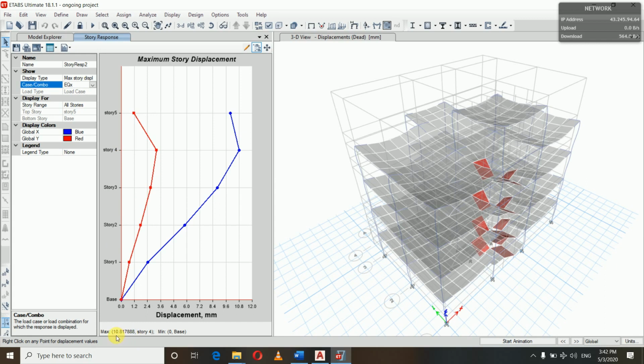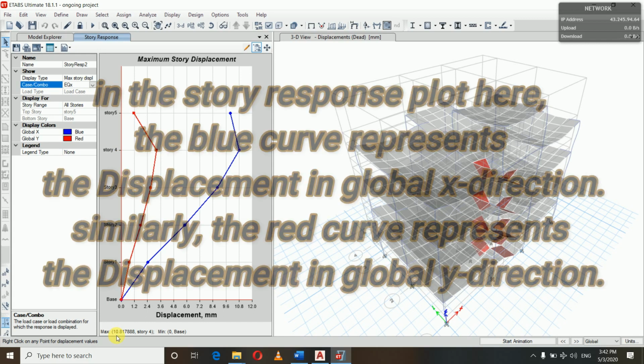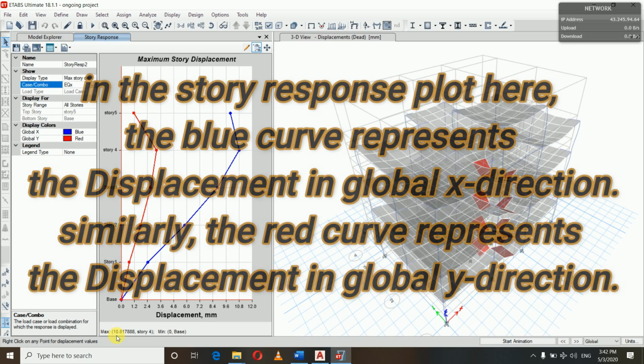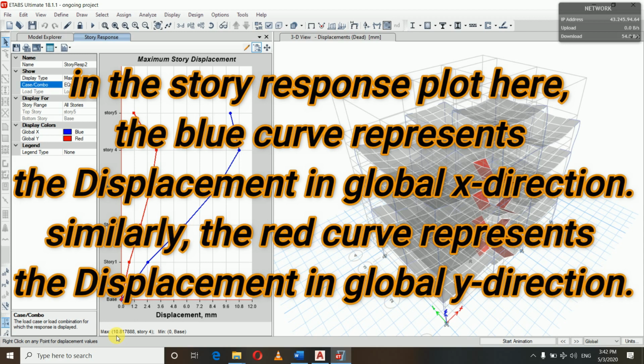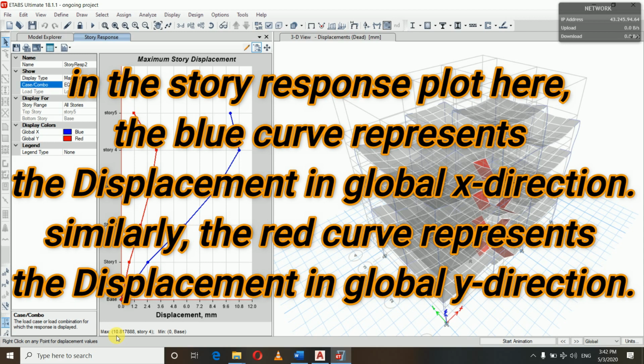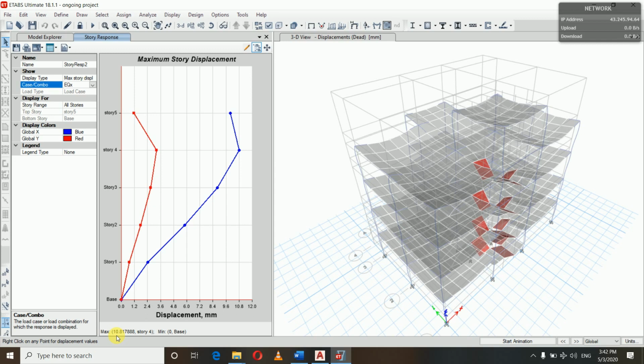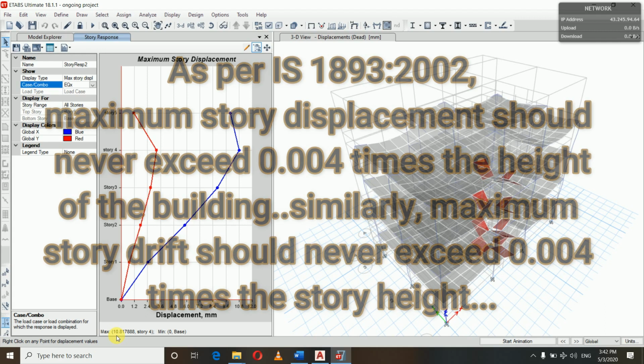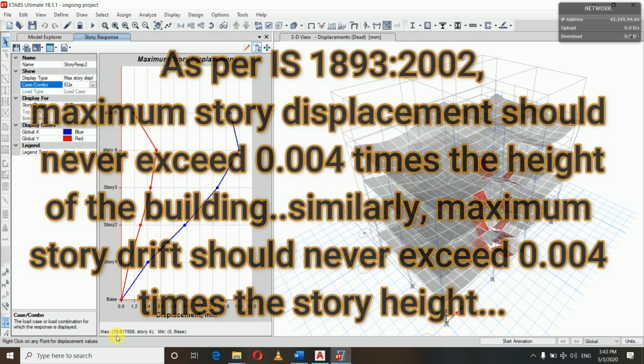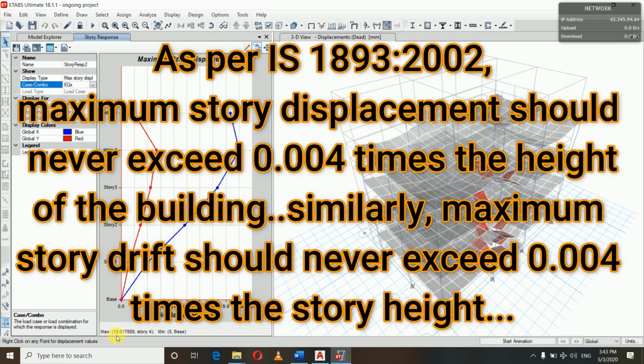Okay, so what should be the limit? According to our code, IS 1893, the maximum limit should be 0.004 times the building height. Our building height is what? 16.002. If we do the criteria check, it will be 0.004 times 16.002, which gives 64.008 mm.